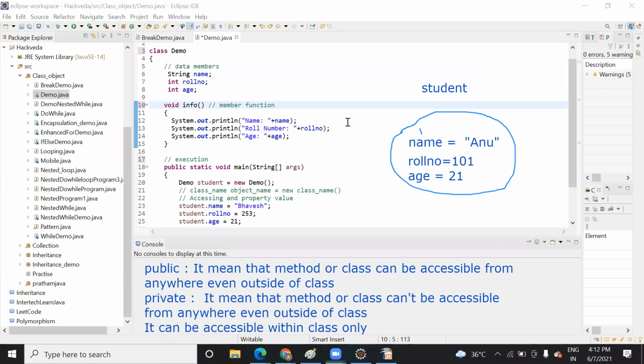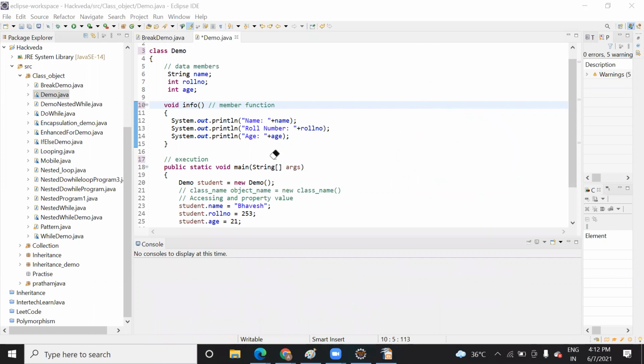Just think of it like this: suppose you are in the IT department and one person is in the account department. Let me rub this and then I can explain. Suppose this is you, and this is me.